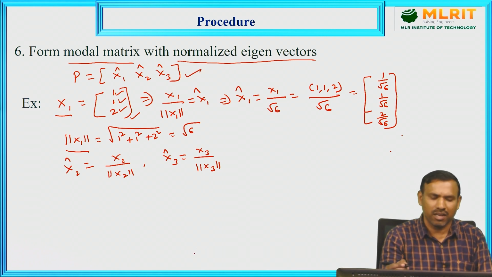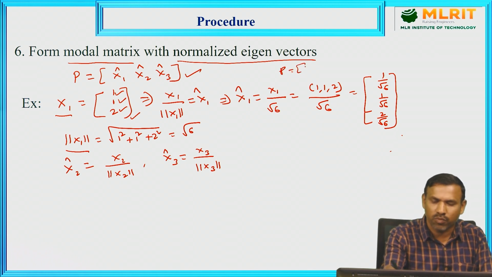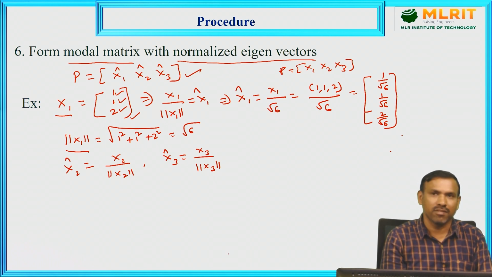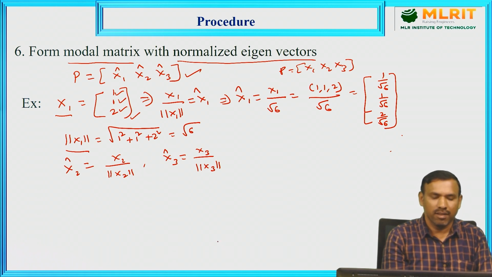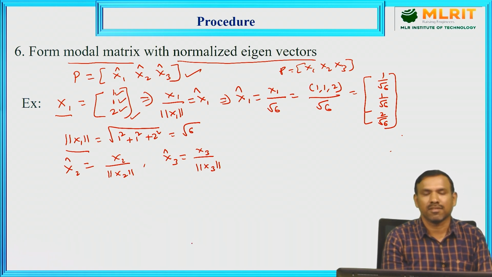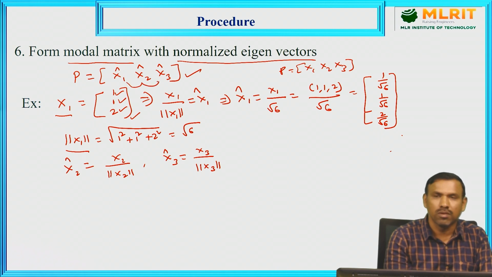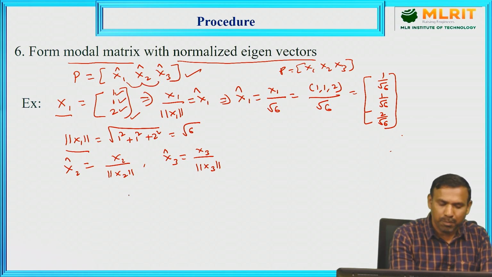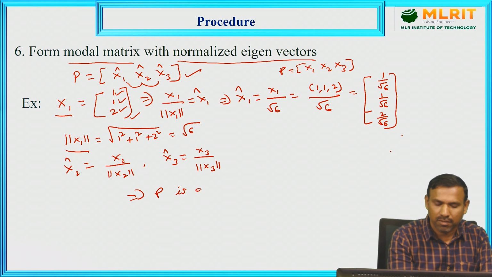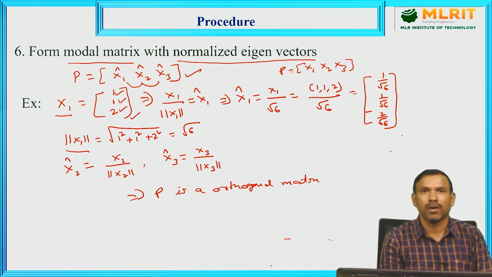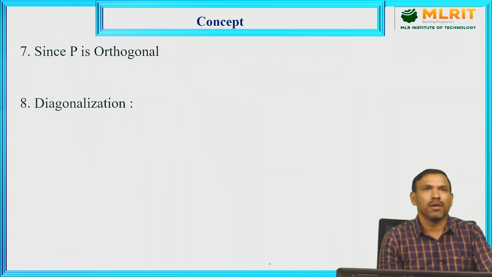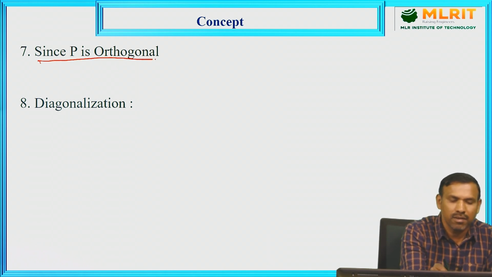So earlier in the diagonalization, what is the difference? Earlier we just took x1, x2, x3, only the eigenvectors, but this is an orthogonality case. Since here x1, x2, x3 are mutually orthogonal, P will become an orthogonal matrix. Why? Because any two rows you take are orthogonal, so P is an orthogonal matrix. For an orthogonal matrix, we have a property, right? Let us discuss the orthogonal property. Now, since P is orthogonal,